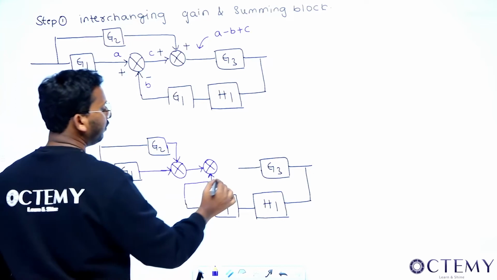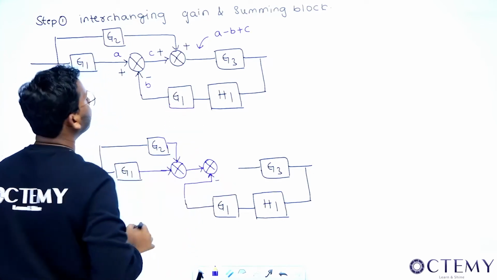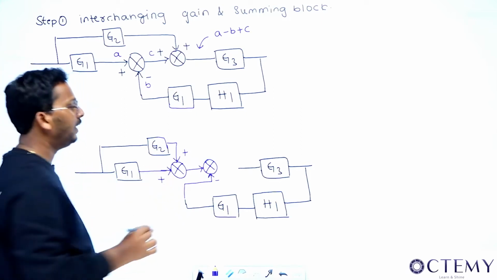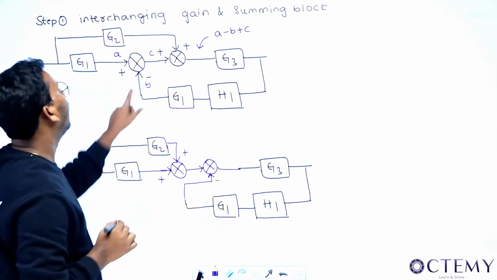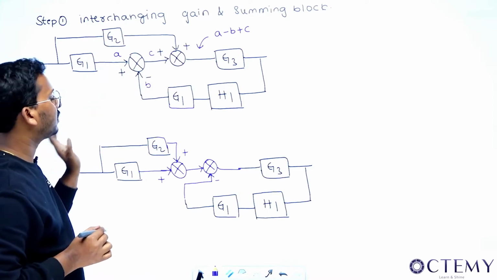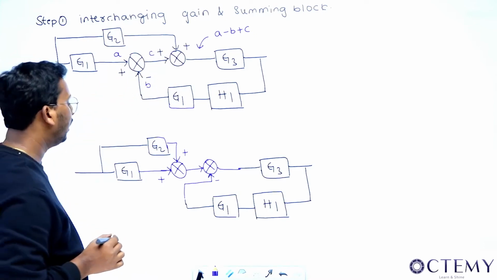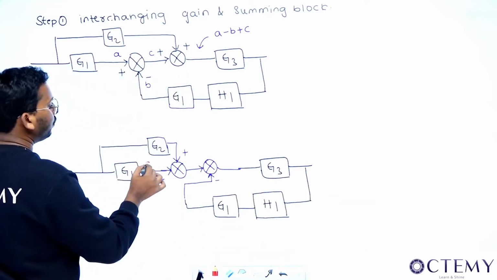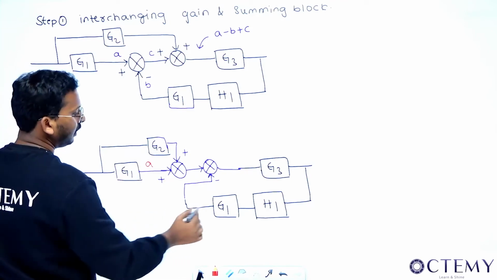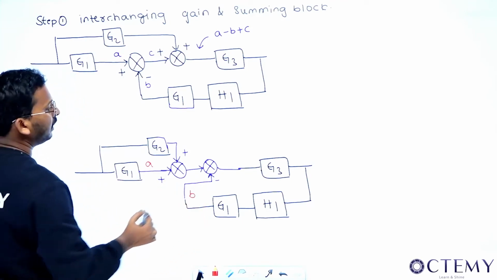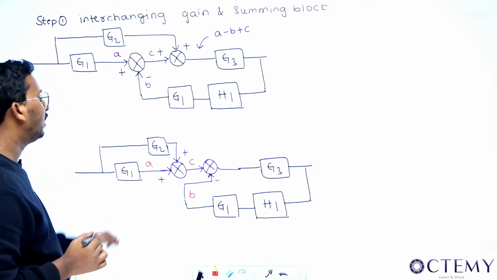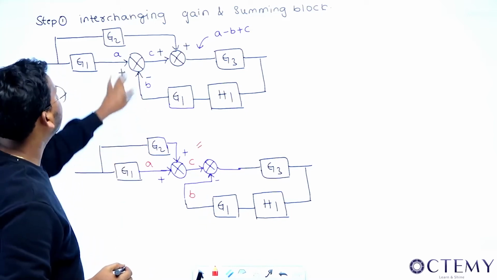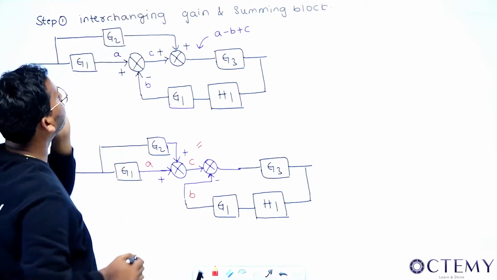Now the sign will remain with this only. This is negative before, this also remains negative. This is plus, this will remain plus, this is plus, this will remain plus. And the output was going to this, is going. I've just interchanged this and put it here, and this I have put here. Now let us see whether anything has changed or not. After G1, I call the output A, here I call the output B, and here I call the output C. So see, your C will be equal to what? I could have actually called this one something else.